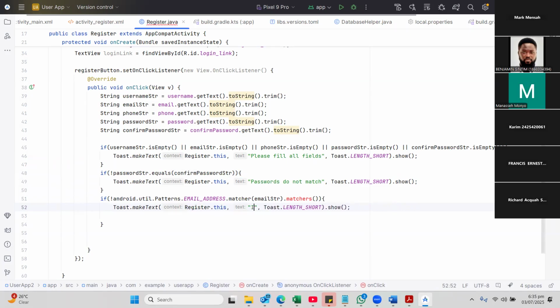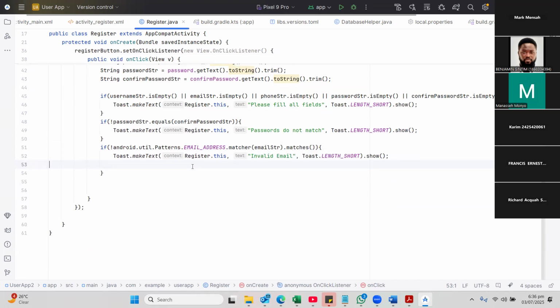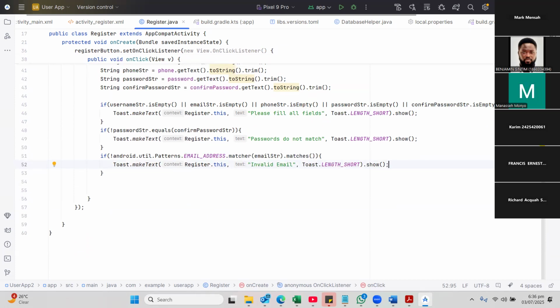So I'll just say invalid email. Okay. Now over here we say it is matches, not matches. Matches. Good. So my error also goes away over there. So I'm good. Now the next thing I have to check is, does your email exist? So if you already have an account with us, there's no need for you to create an account with us again. So over here I'll come if into bracket